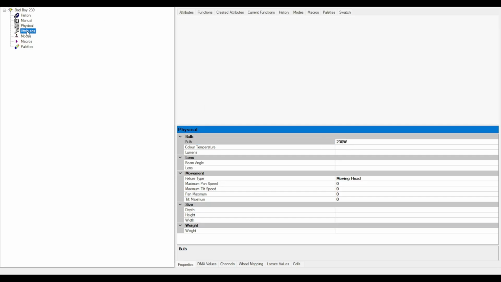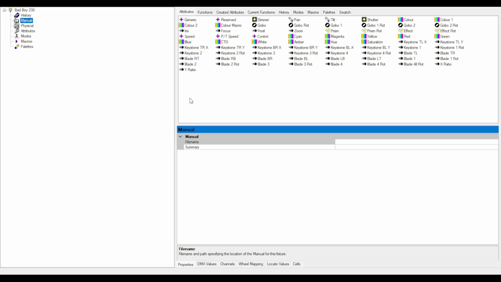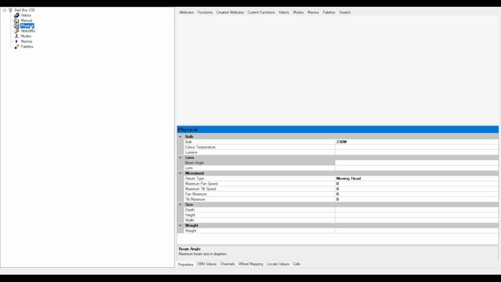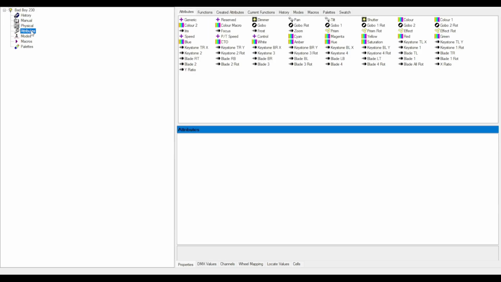So now every other one, we'll just leave it to remain the same. You can add more detail if you want, but for now you can leave it the way it is. All right, so we go ahead. Physical, of course, we've done that. Now the attributes: for the purpose of this